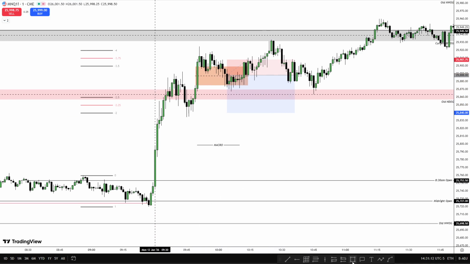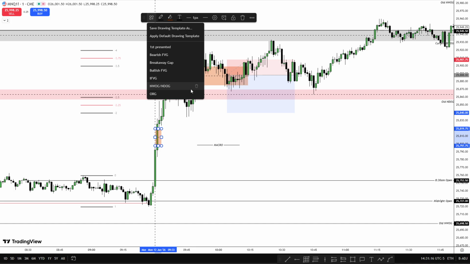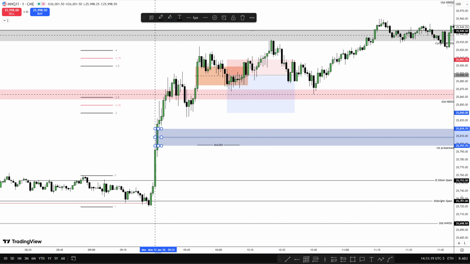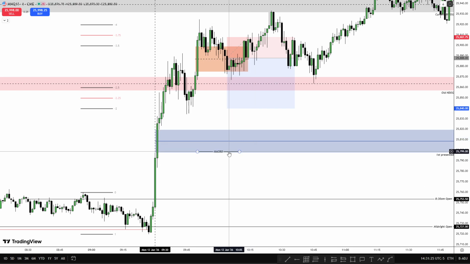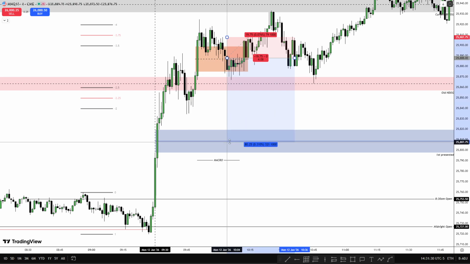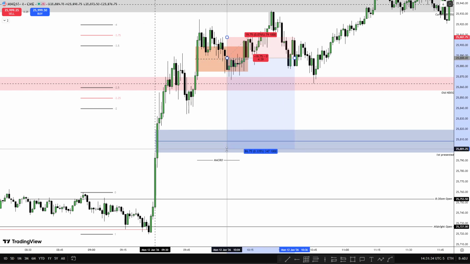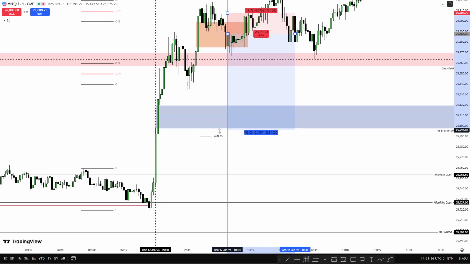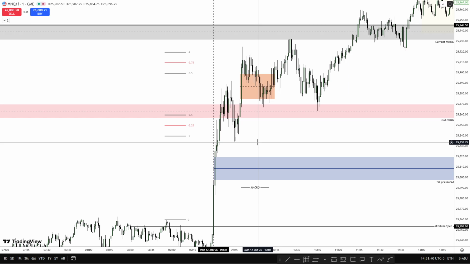What could we target? If you go here, you can see we have our first presented fair value gap after 9:30, after the New York AM opening bell. We could target that CE. You can see beautiful risk to reward ratio, or the bottom of it, or here, or even this low. So I wanted to take that, but